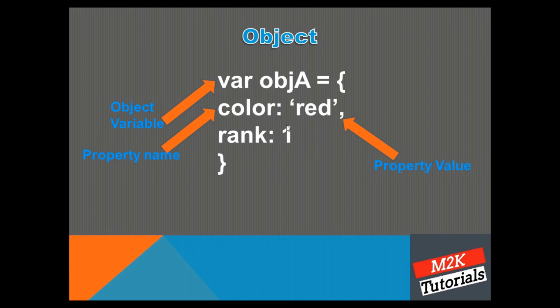So think of an object as a real life object. Let's say the car is an object. There is one car object whose color can be red, and there can be a wheels property which can have 4 as value, and there can be other properties as well. Think of it like this. Also, object properties can have number, string, boolean, and other types of values as well, like arrays and even functions.